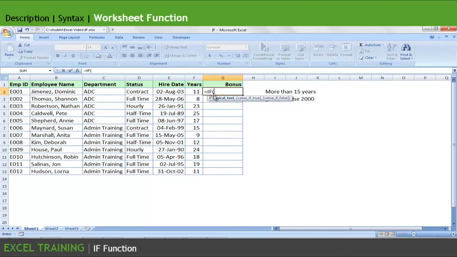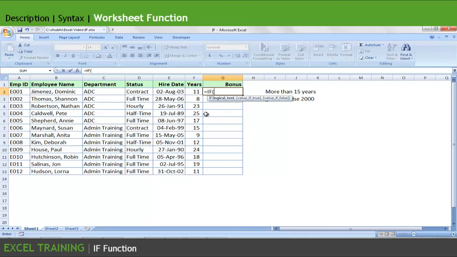And the moment we press the Tab key, we will see the syntax of the function highlighted at the bottom. This is the same as the syntax we have just learned. The first thing is the logical test, that is our condition. Our condition is if the years spent is more than 15.